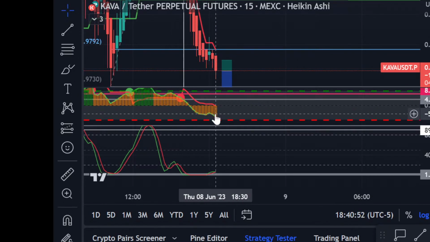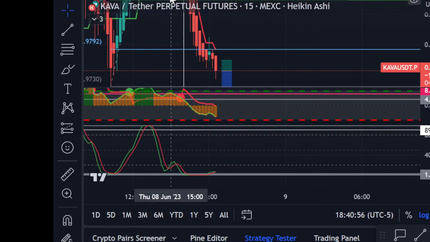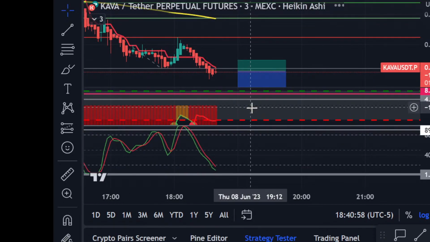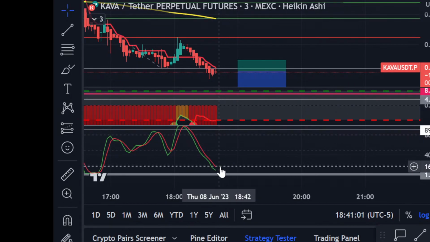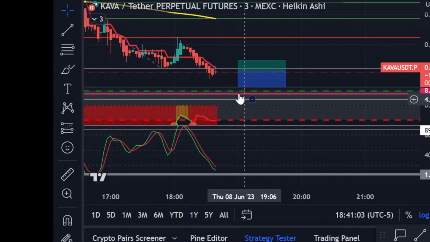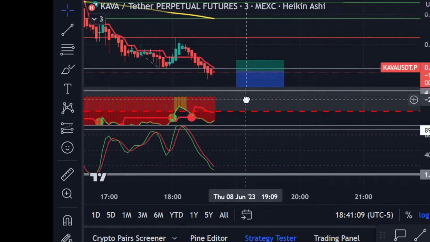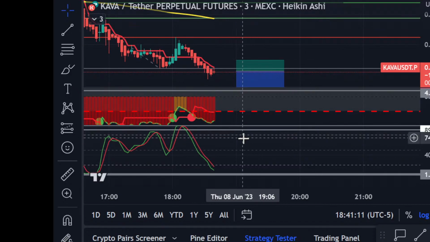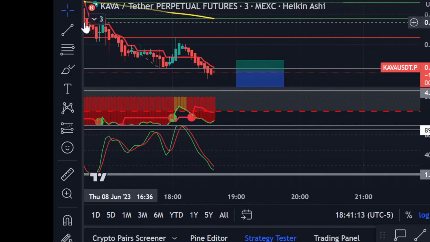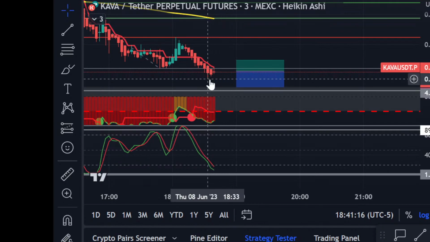But then I go to my 15 and notice that my 15 is still headed down. So now I'm like, you know what? I'm safe here, right? Because the 15 is not doing anything. So now I come back over here. I'm going to let this finish its last little drop back down. When it pushes back up here, I'm going to look at my 15 volume. If it's still the same, I'm going to go back into my trade. But that little step right there is a lot of times what guys will do to kind of protect themselves